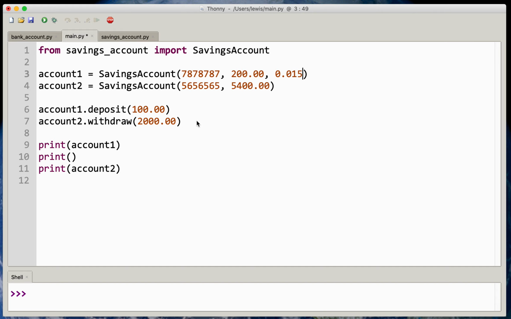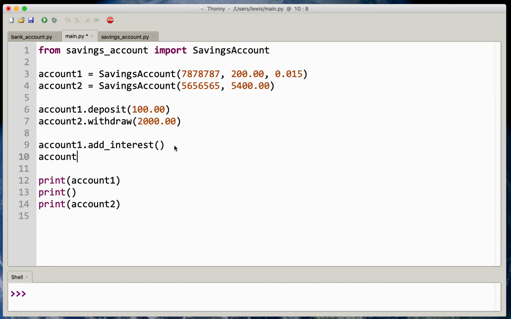Okay? So I'll leave the deposits and withdrawals in there. But now let's do this. Account 1 dot add interest. Right? The account is a savings account, and therefore it has an add interest method, because all savings accounts have add interest. Savings accounts are derived from bank accounts, so they already had a deposit and withdrawal. Now they also have an add interest. So I'll do account 1 and account 2 dot add interest to make those happen. So when I